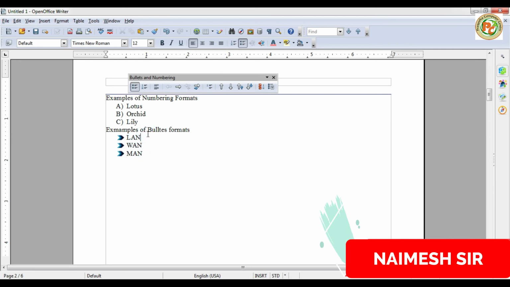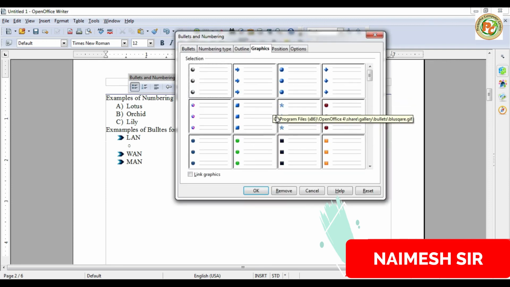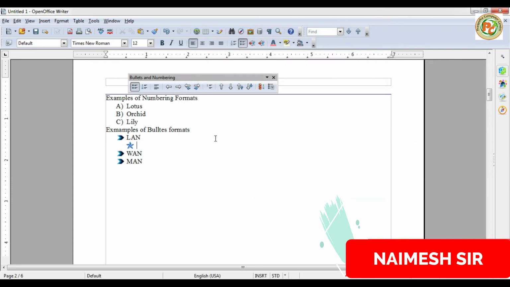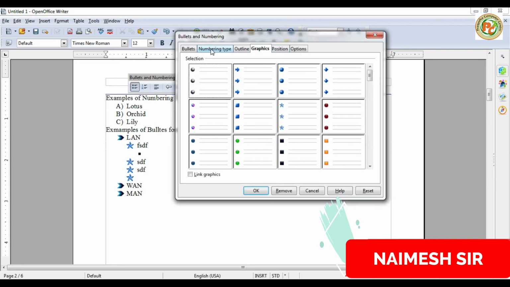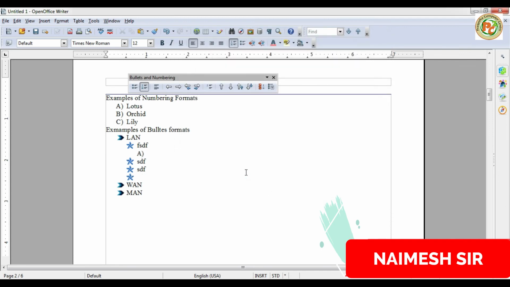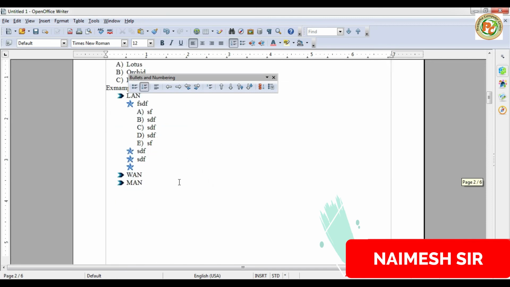Okay, suppose inside this we want to create another bullet. So we can just press the tab key and then another bullet will be added inside this, and we can type OK. Now in this again we want another type, so we can just press the tab key, and in that we want to add numbering, so click here and press OK, then type here. So this is called multi-level bullets. And numbering also we can apply the same way. So this way we can create bullets and numbering from here.